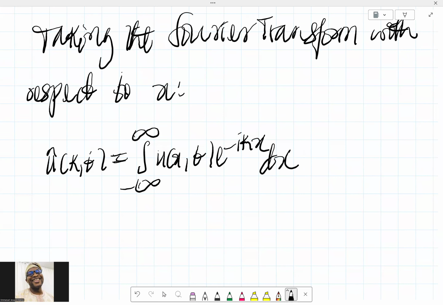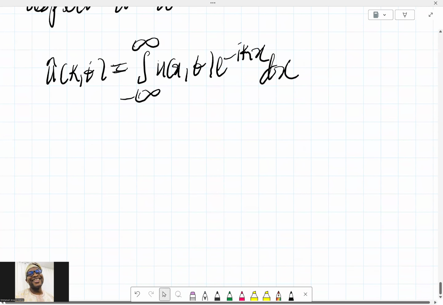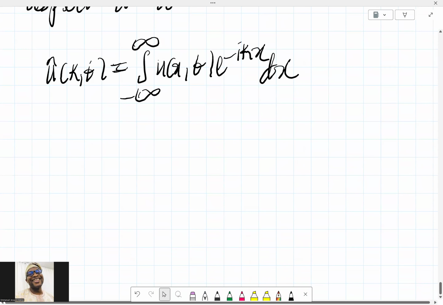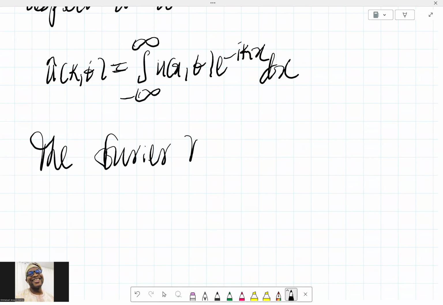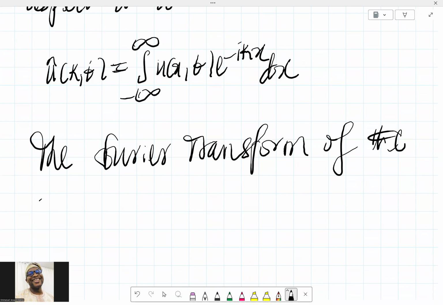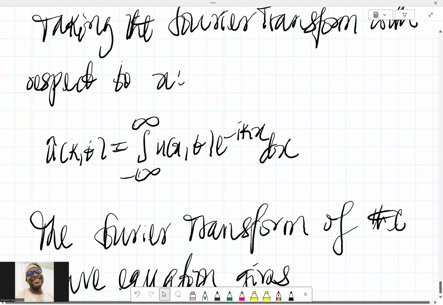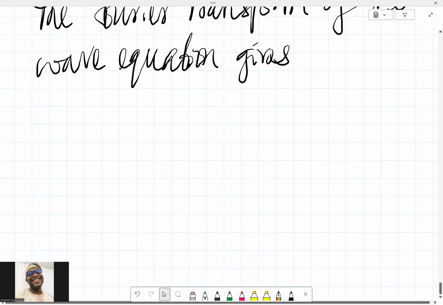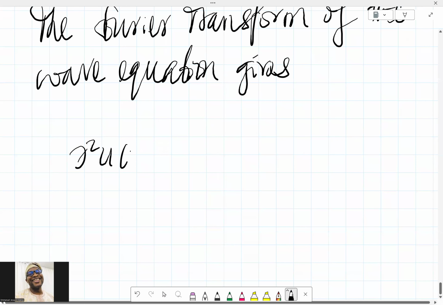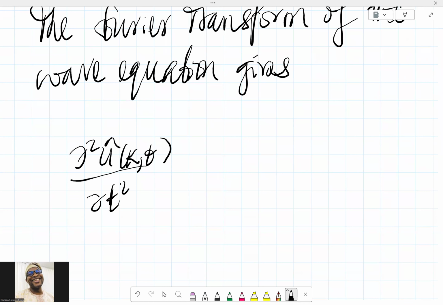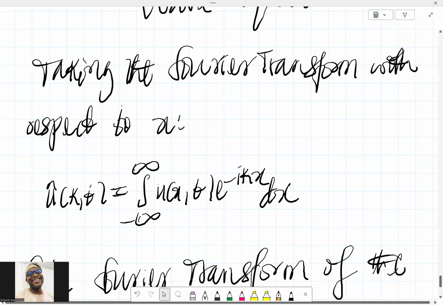Okay, that's the general Fourier transform. So we now apply this. The Fourier transform of the wave equation gives, on the left hand side, the time second derivative: partial squared u cap of k comma t over partial t squared. We're now in the k domain because of the Fourier transform. The right side equals, if you remember the pattern,